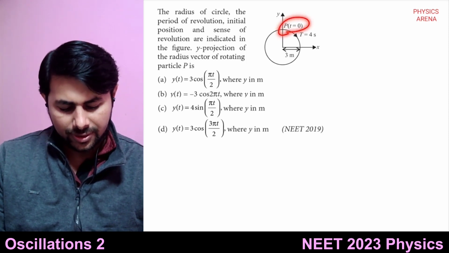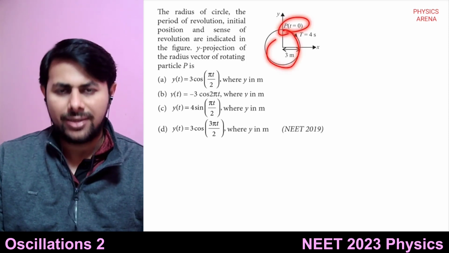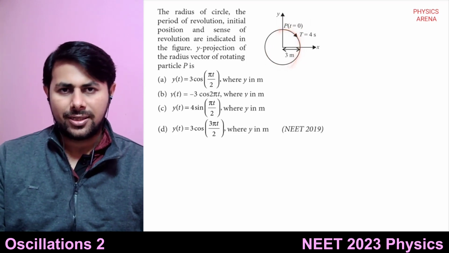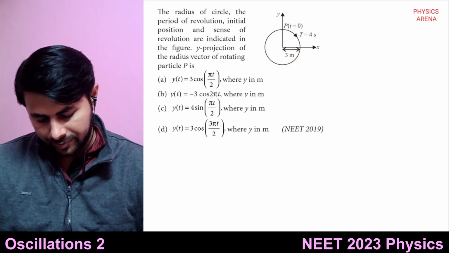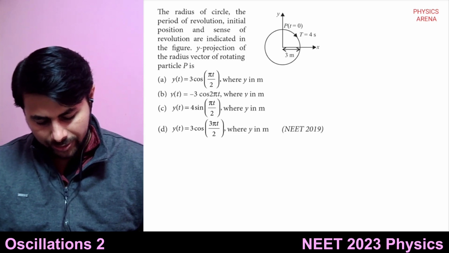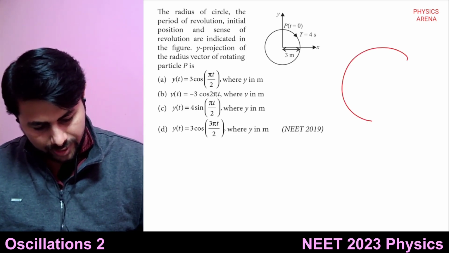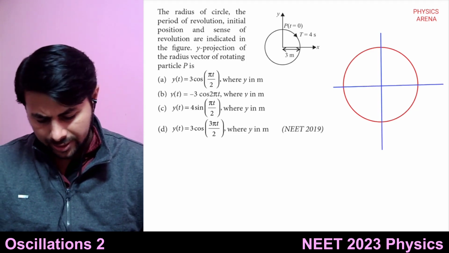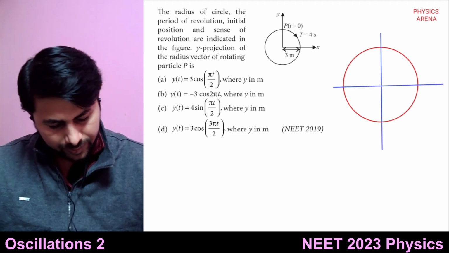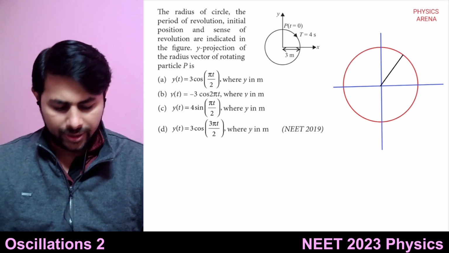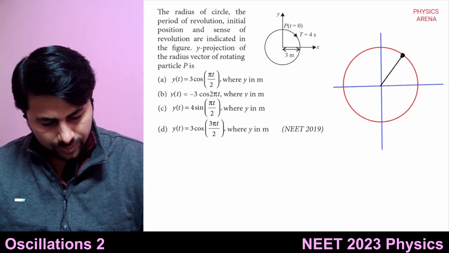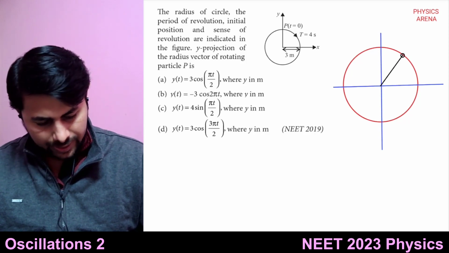It's given it is moving in clockwise sense. So how to think about it? See, after some time t, what will happen? It will go somewhere. Let's suppose it goes here. It's moving like this